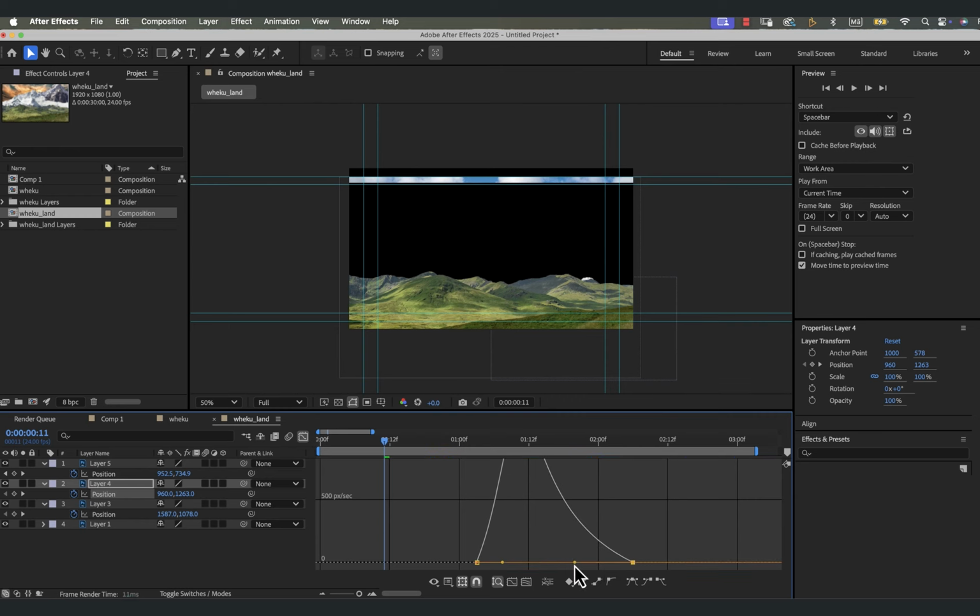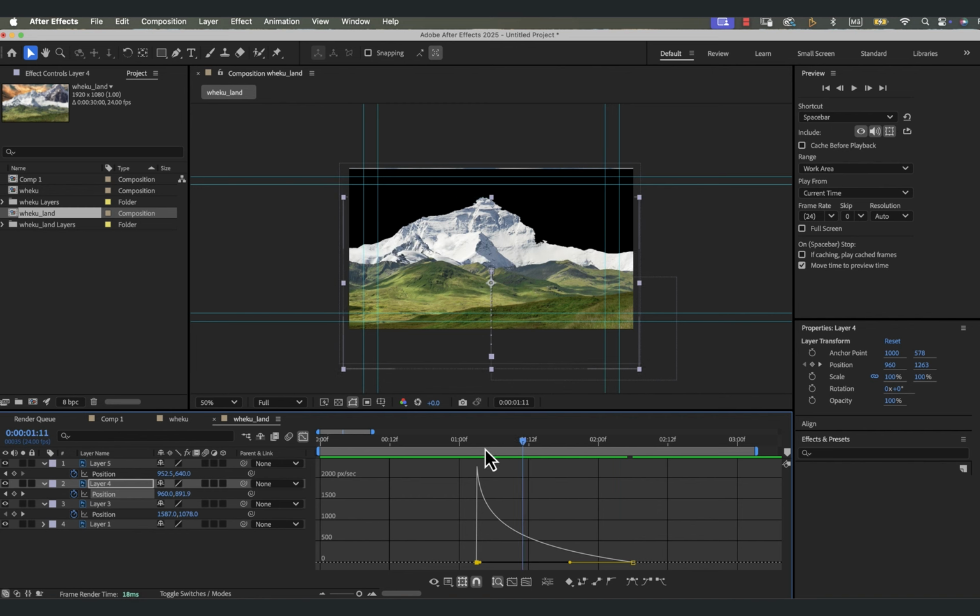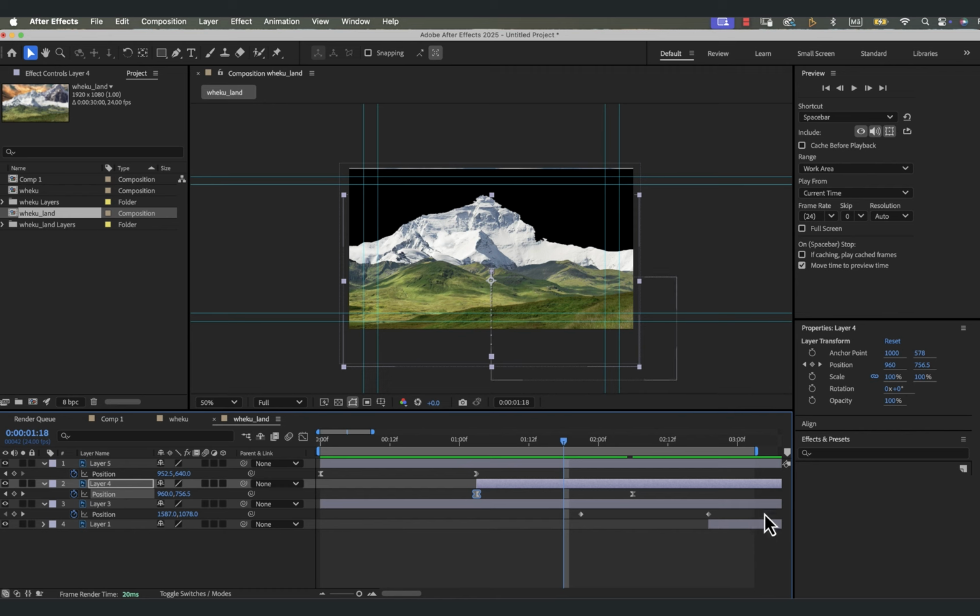I can move that graph, I can push this Bezier handle in, and I'm getting the same thing. Mountain comes in quick, slows down. Jump out of there. Let's get the next one. Same thing again. This mountain,